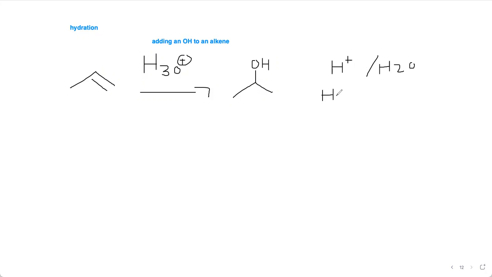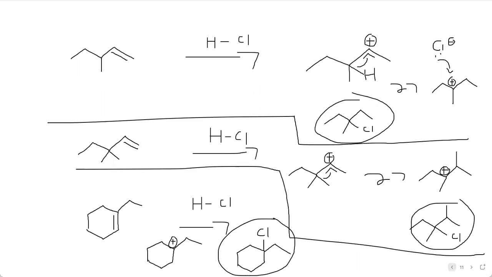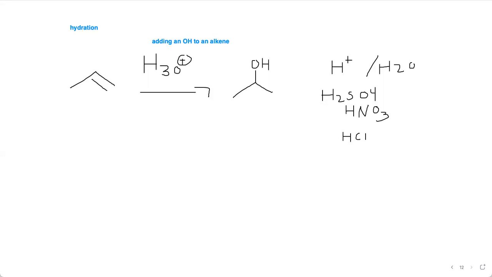Most notably, H2SO4, HNO3, H+ on its own, or HCl. Now, the problem with using HCl here is that we already know HCl does something to alkenes. HCl is going to add to the alkene. So in future situations where you don't have an alkene, you're going to be seeing HCl in place of H+